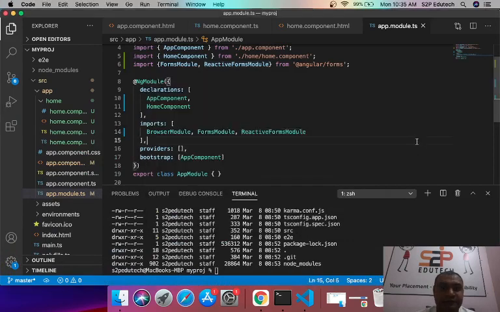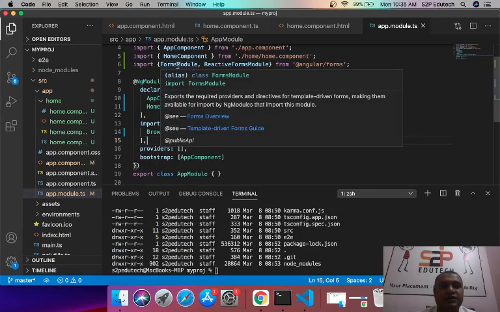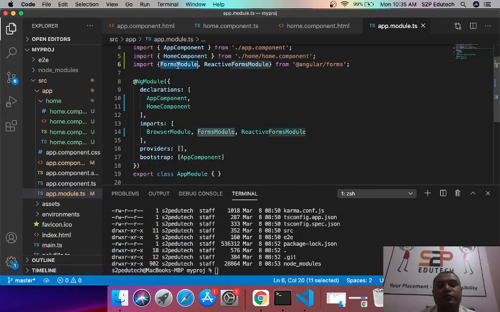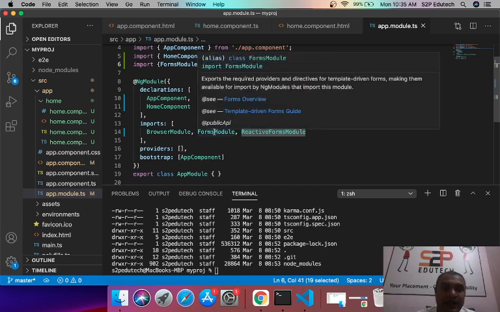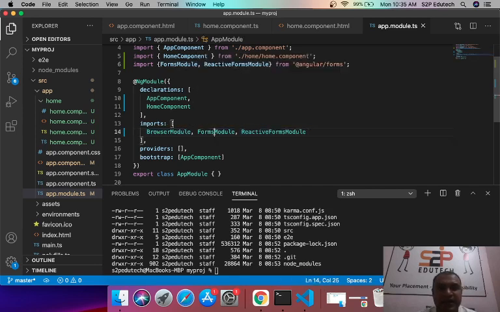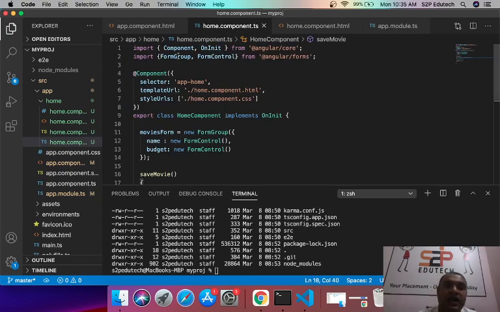Okay, so again, what is the first step? First step is, we import forms module, we import reactive forms module from @angular/forms. Then we add them in the imports array. Then in whichever component we have to use, I would import a form group and I would import a form control from @angular/forms.